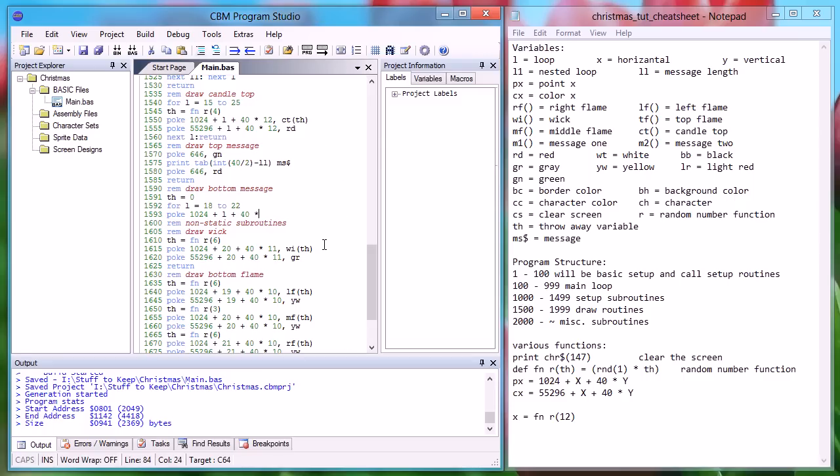I've got to have it lower than 13. I'm thinking 16 and 17. Those are good enough. That should be close to the middle of the candle vertically. So 16,